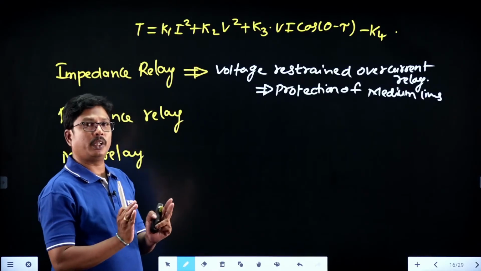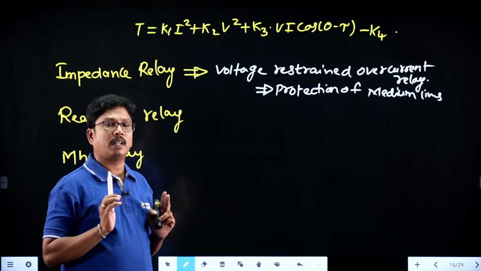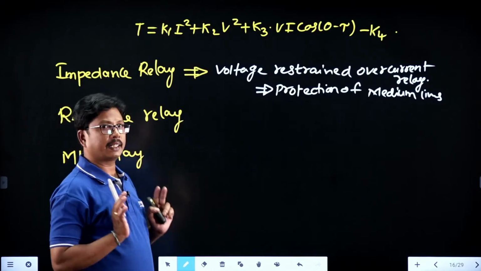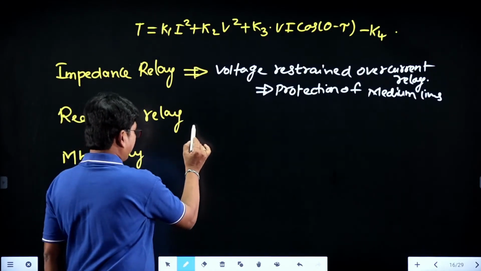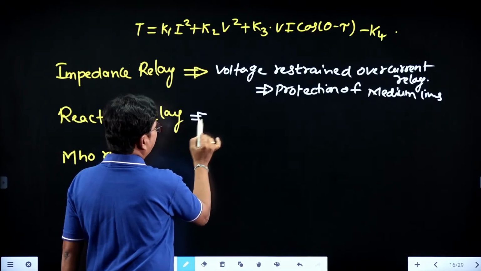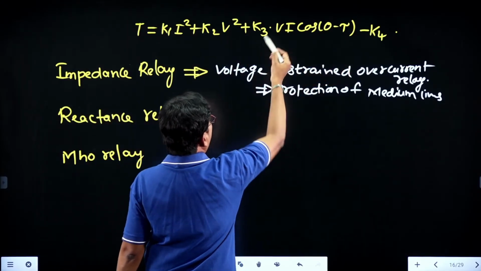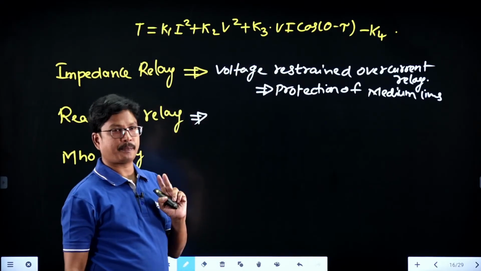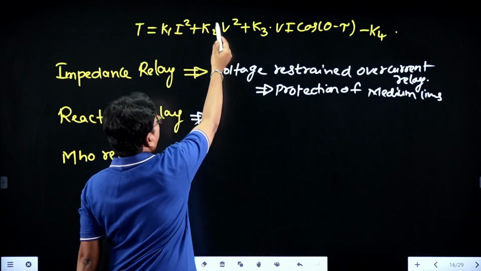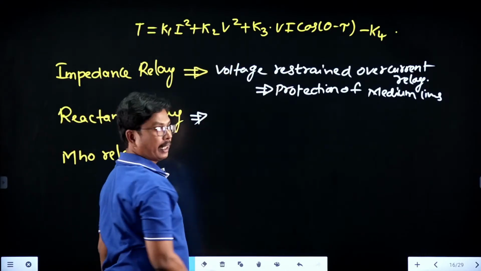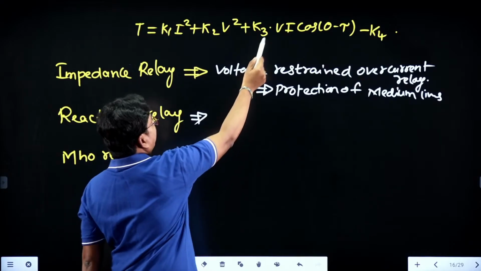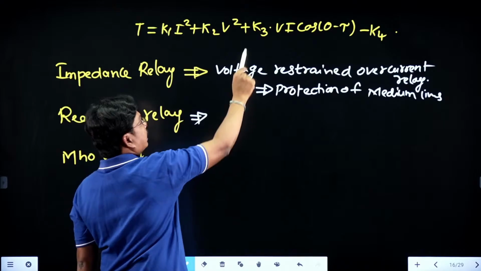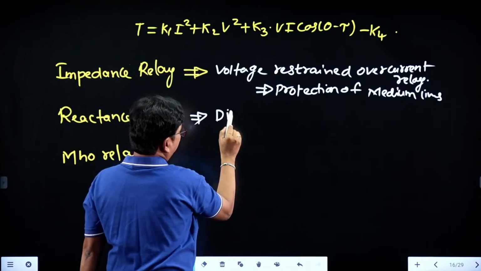So to give the perfect solution whenever there are arcing faults like LG and LLG faults, the best suited relay will be the reactance relay. In case of a reactance relay, we have to make K2 and K4 zero, and make K3 negative, so that the negative portion gives the restraining part. In an impedance relay we make K2 negative, so it is voltage restrained. In a reactance relay K3 is negative, and this unit belongs to the directional unit, so this is directional restrained